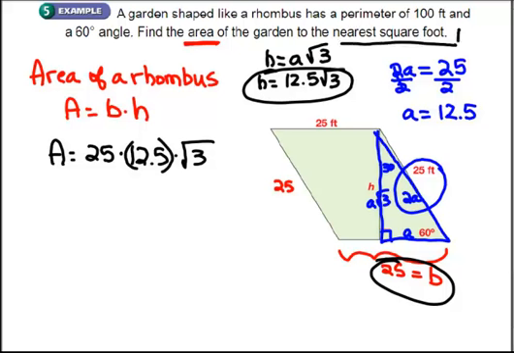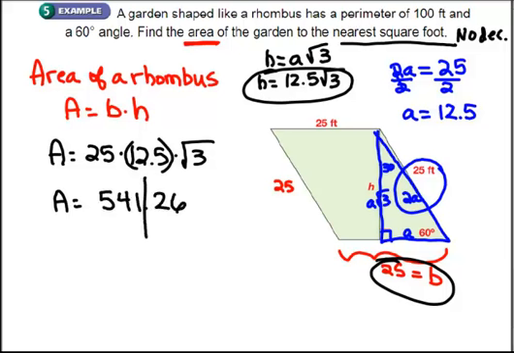So once again, this means no decimals. Go ahead and take your calculator and multiply 25 times 12.5 times the square root of 3. 25 times 12.5 times the square root of 3 equals,